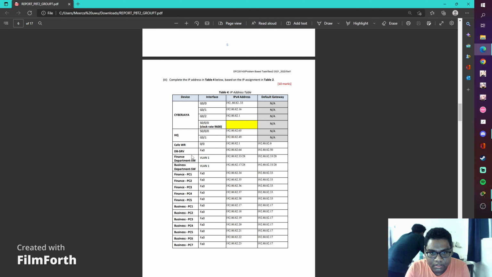For the database server DBSRV device with the interface of FA0 and the IP address which is 192.80.82.64, and the default gateway is 192.80.82.33/28, which is the subnet mask. It should be 192.80.82.50. As for the finance department, the interface used is VLAN 1 with the IP address of